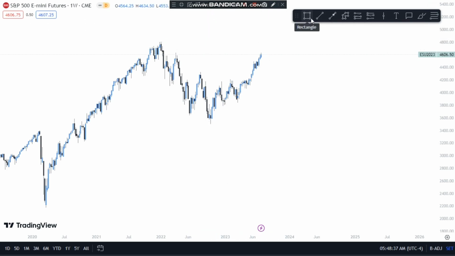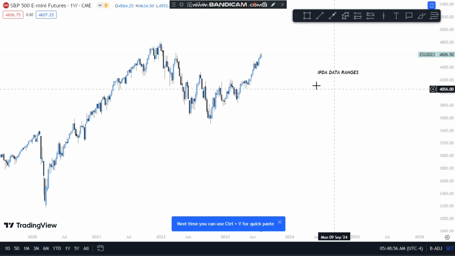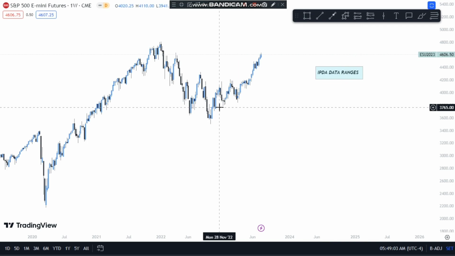So, in this lecture, we will use IPDA data ranges, okay? First, we will draw some lines on IPDA data ranges concept. IPDA data ranges. What is IPDA? Interbank price delivery algorithm, okay? So first, I will draw some lines on the basis of IPDA data ranges, and what it will do is